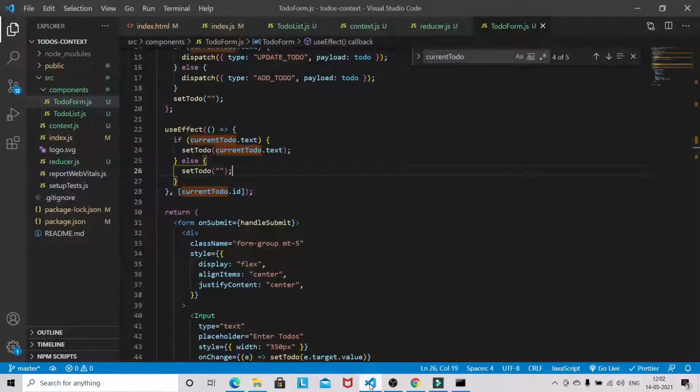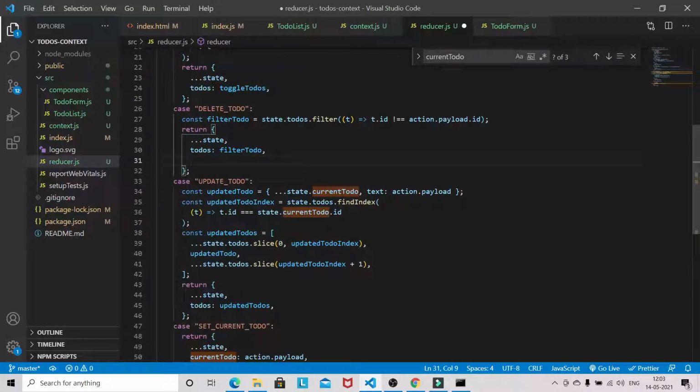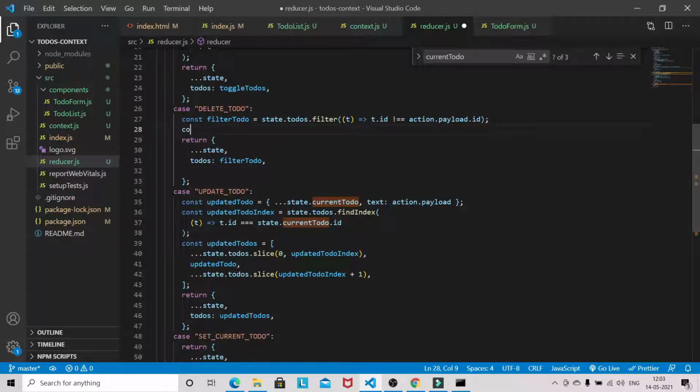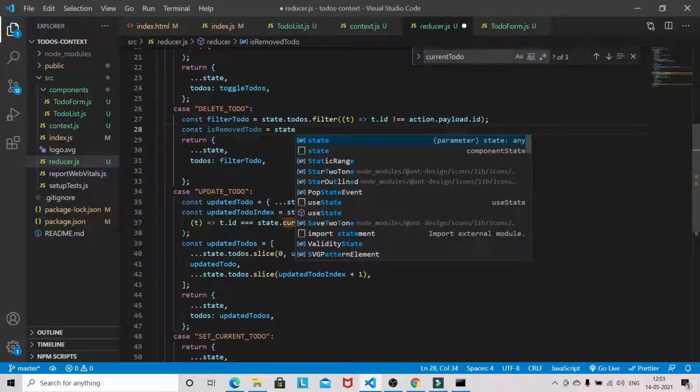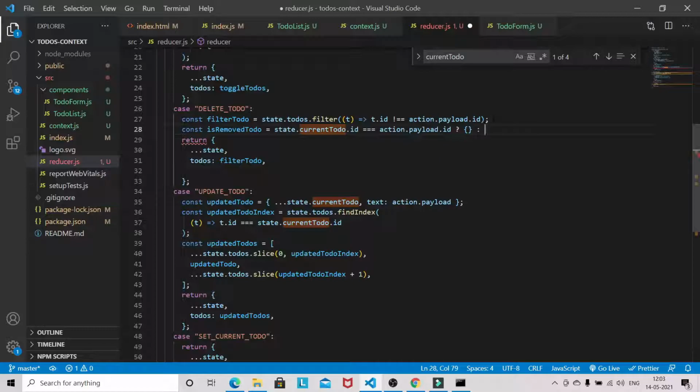Okay, so we have to come to the reducer, then we have to come to delete, and say if isRemovedTodo, that is, if state.currentTodo.id equals action.payload.id, then we want empty, else state.currentTodo.